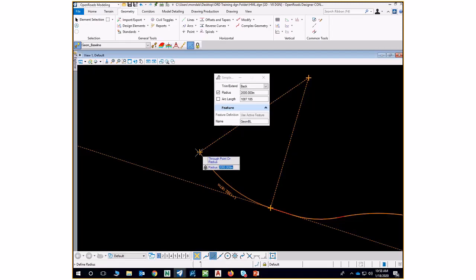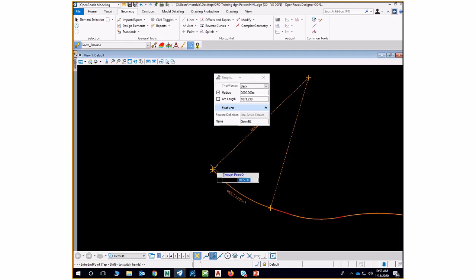Before that, you need a data point to accept the radius you have provided, 2000 meter. So now it has already selected the radius. Now it is asking for the arc length. You can provide any arc length, and you can see that it is dynamically changing. So let's provide an arc length of 1000 meter. Click and data point,